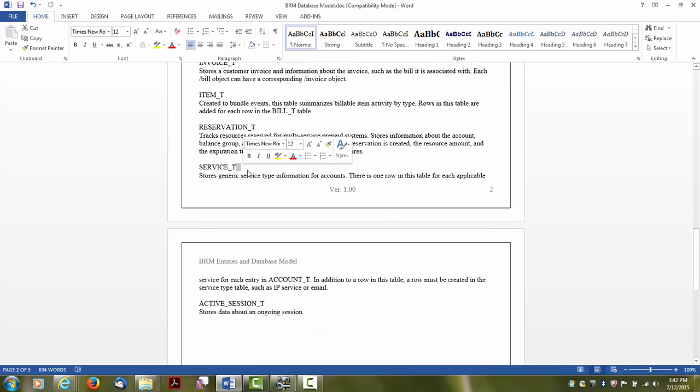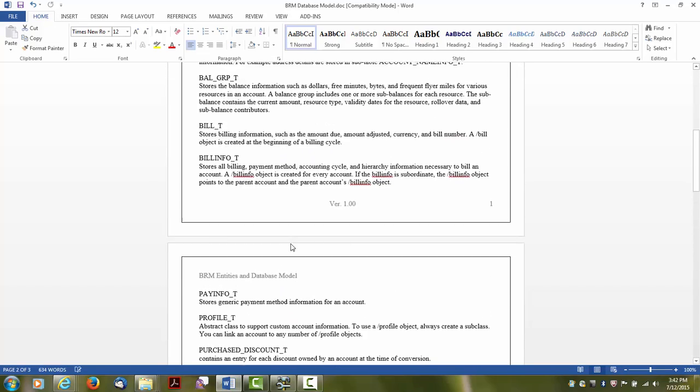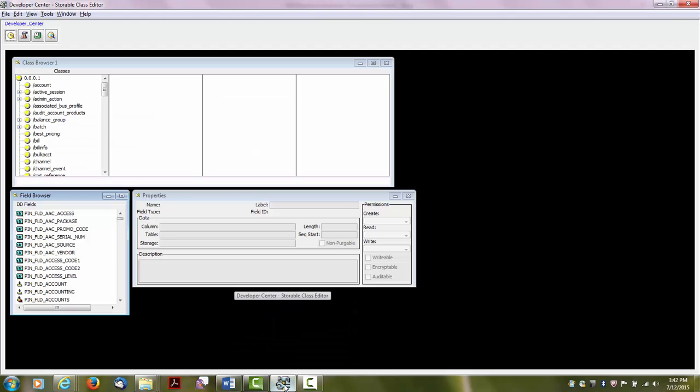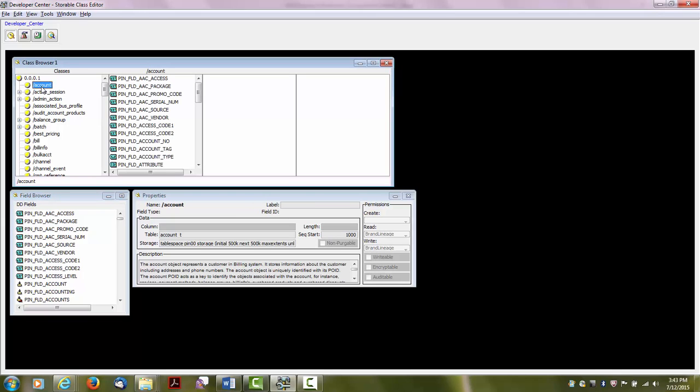There is a service object which stores what are the services which the customer has subscribed to. So those details like the login ID and the UC number are all attached to the service class. So this is all a brief overview of the entities of BRM, and for these entities we can open the developer center in BRM, which is a very useful tool to access the classes and the underlying tables, how they are mapped. So if we take the example of account class, the account class is mapped to a table,